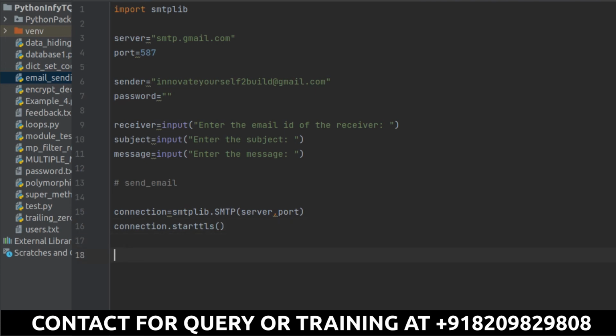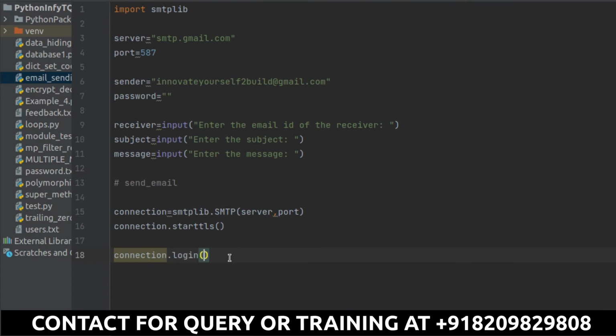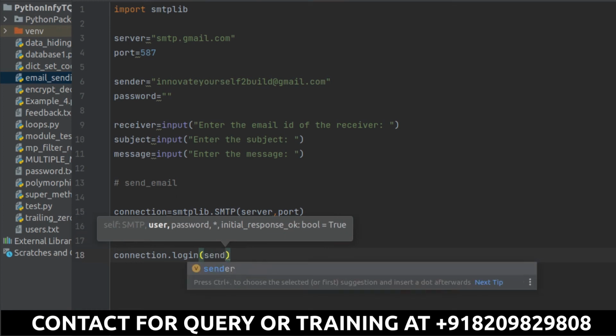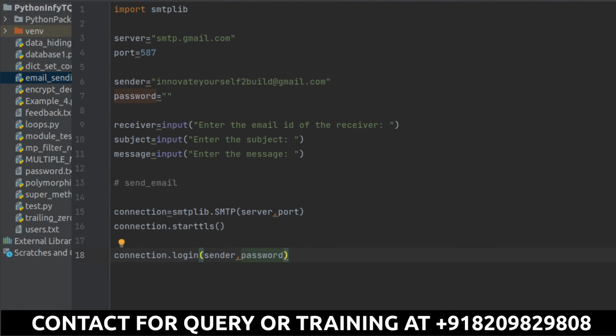Now the next step is that, as I said, after you have established a connection onto that server, the next thing is that you have to log into that website. So for that, simply say connection.login, because I'm making a connection through this object, so I will be using the same object to log in as well. In here you have to pass the username comma the password. So these are the details that I have to pass, and with respect to this I will be able to access it, right?